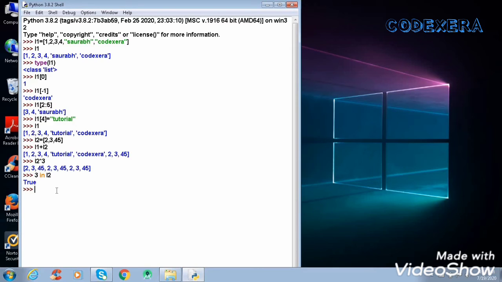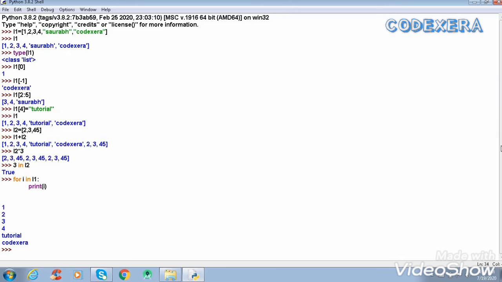Now if you want to iterate over the values of the list, you can use a for loop: for i in the list which you want to iterate, put the name of the list, and just print i. Every element of that list is printed.